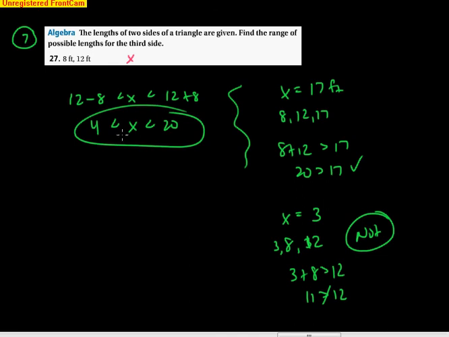Okay? So see how that interval, that range is very important. Make sure you know your constructions, look at your algebra, do your note cards,